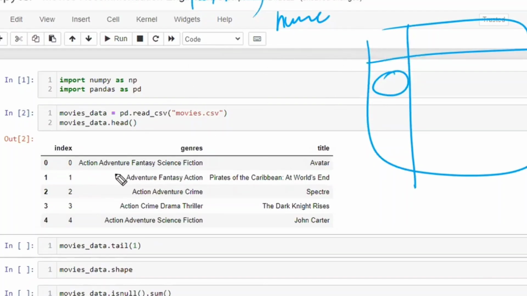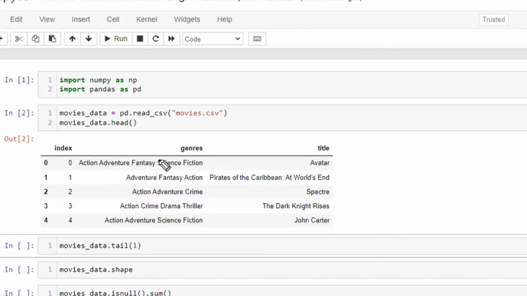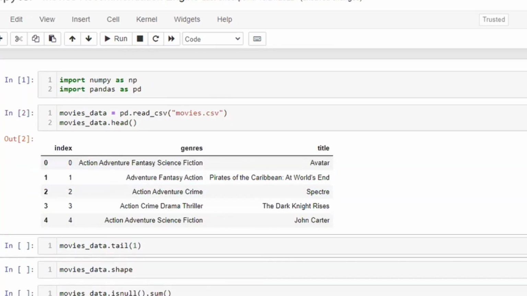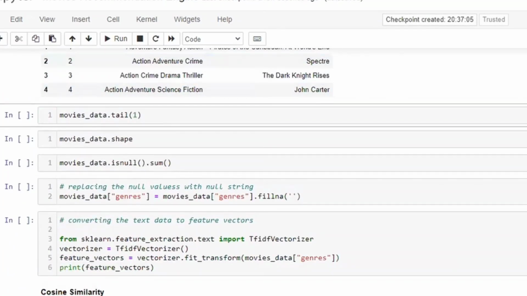If the text data has multiple words or sentences, then we have to apply the TF-IDF vectorizer. We'll see this in the coding part, in a later class, not in today's class. Once we complete NLP, we'll see this one.